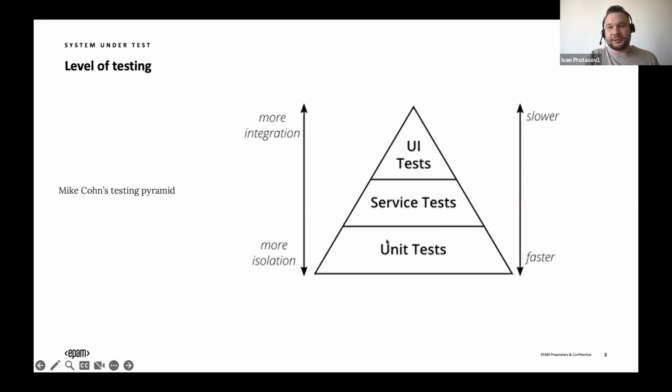The closer we get to the base of the pyramid, the more tests are launched in isolation. That means that tests pass faster, and we can launch more tests during the development lifecycle. That is exactly what we want